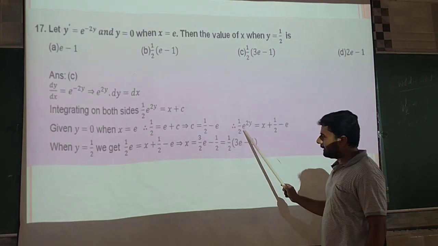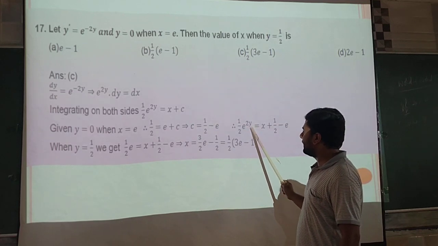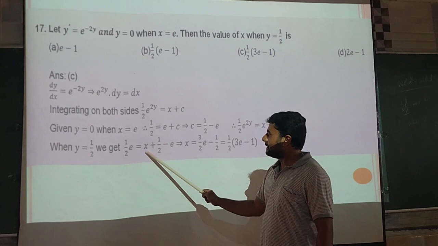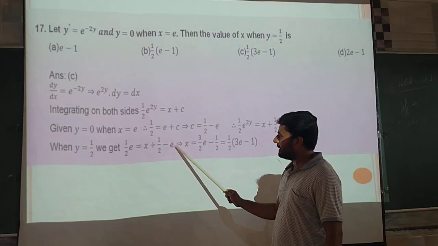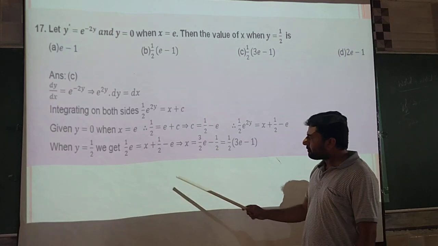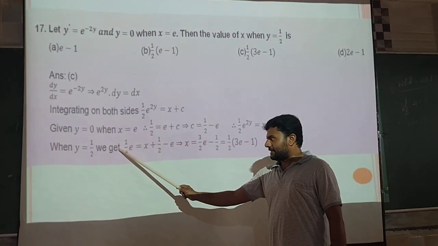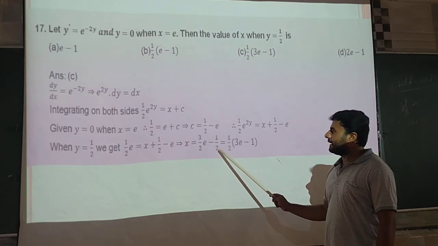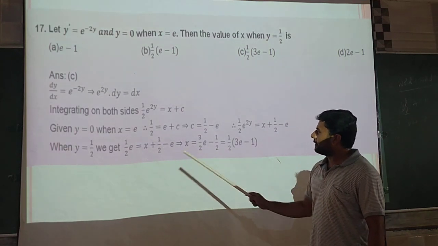1 by 2 into e. The value of y is equal to 1 by 2. The y value 1 by 2 gets cancelled. Then 1 by 2 into e is equal to x plus 1 by 2 minus e. Here minus e is shifted to the left side, then minus becomes plus e. 1 by 2 plus e is equal to 3 by 2 e, and remaining plus 1 by 2 minus